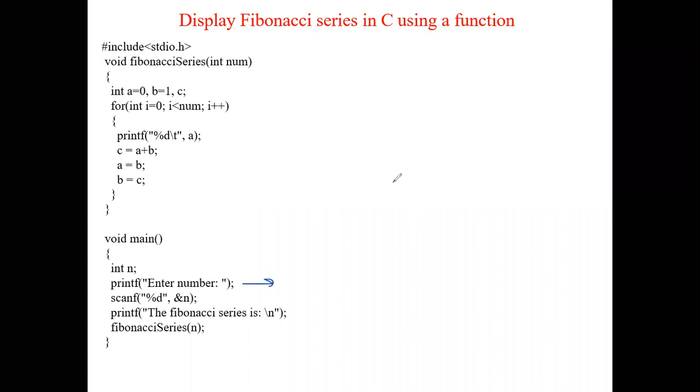I hope you remember the Fibonacci series. This is how the Fibonacci series goes, and so on it continues. This is the zeroth number. This is the first number. The second number is 1, the third number is 2, the fourth number, and so on.